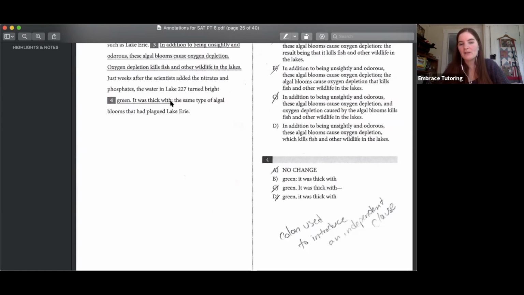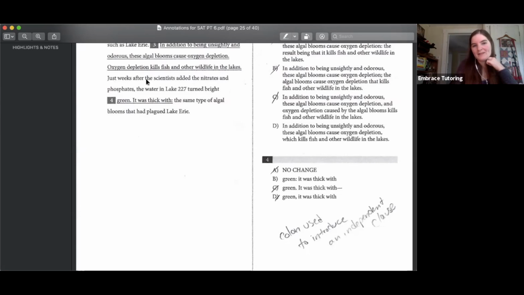Okay, so you have an independent clause starting with the same type of algal blooms that had plagued Lake Erie. That's a complete sentence. Or even, it was thick with the same type of algal blooms. That part is complete. So you need to figure out whether or not this first part is indeed a sentence, and it is not. It can't stand by itself,